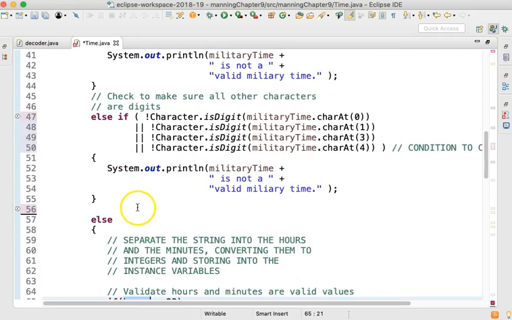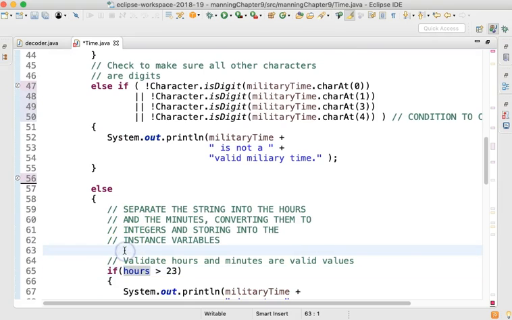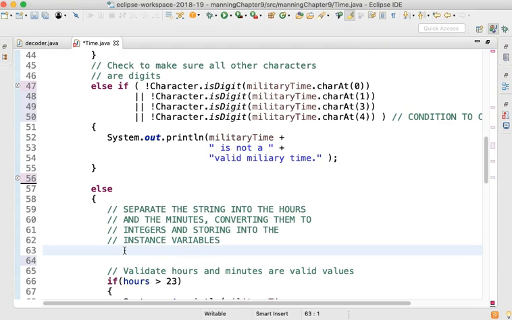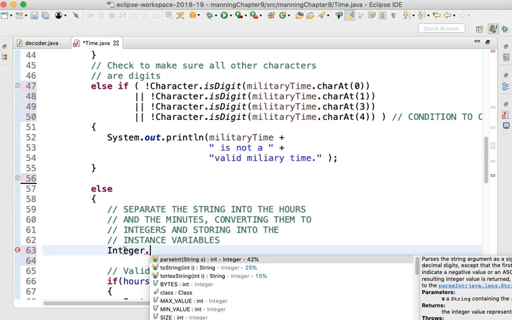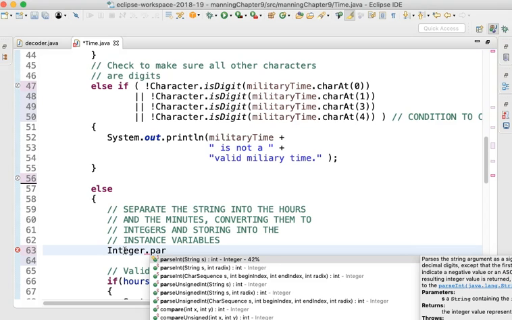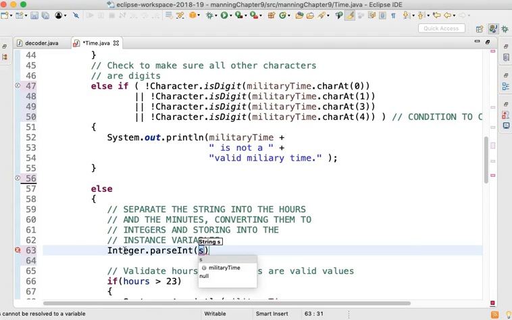Okay, so to read the hours, we have to look to another wrapper class that's been handy for us already, the Integer wrapper class dot parseInt. Integer.parseInt will take a string and convert it to an integer. The string that we need is militaryTime,